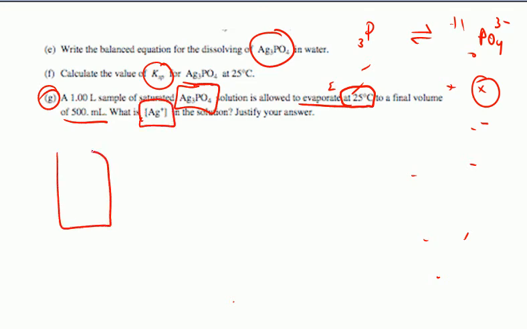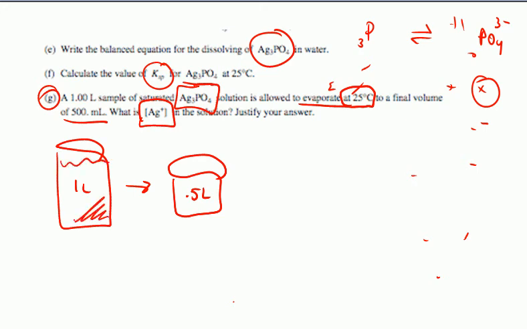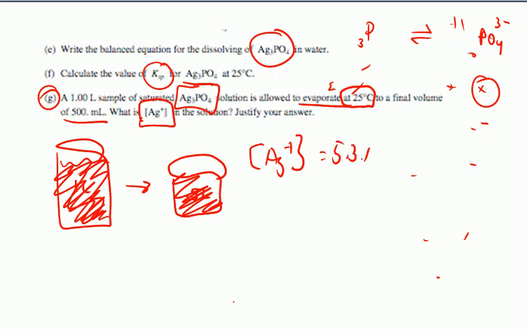So whether you had 1 liter or it evaporated to 0.5 liters, the concentration of Ag+ is independent of the amount you have. You can kind of think of it as thickness. The thickness is going to be the same whether you have 1 liter or 0.5 liters. That's an intensive property of matter. So 1 drop, 1 liter, 25 liters, 100 drops, whatever, the concentration of Ag+ is going to be what it was in the previous problem at equilibrium, and I believe that was 5.3 times 10 to the negative fifth